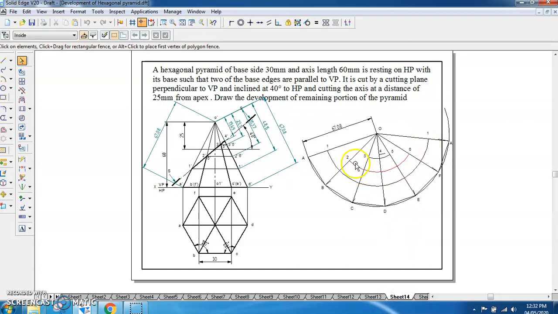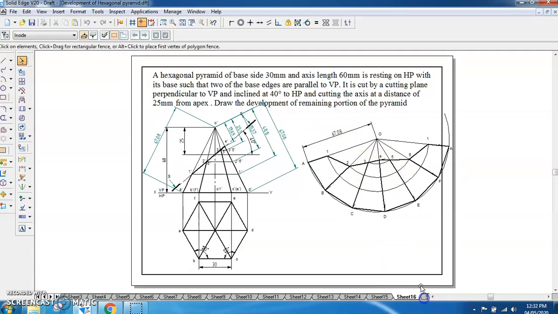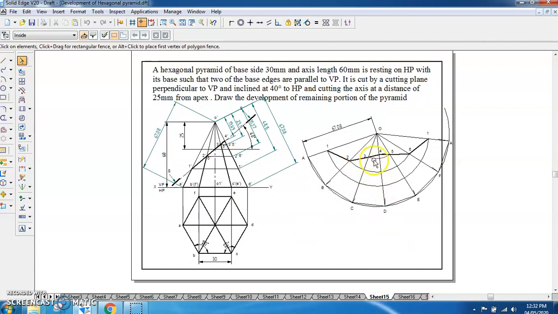Similarly, we will be doing it for 2. So for 2 the distance is 35.37. So O is the center. From BO we will be cutting the arc of radius 35.37. So we will be getting 2 and 6. So similarly, you will be doing it for 3. So 3 arc we have drawn, that is a radius of 23.1. We have drawn 3 and 5. So next we have got 4. So 4 is at a distance of 19.69. We have got it. And now we have got all these points here.